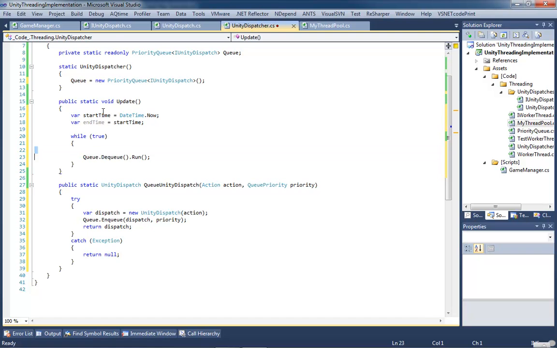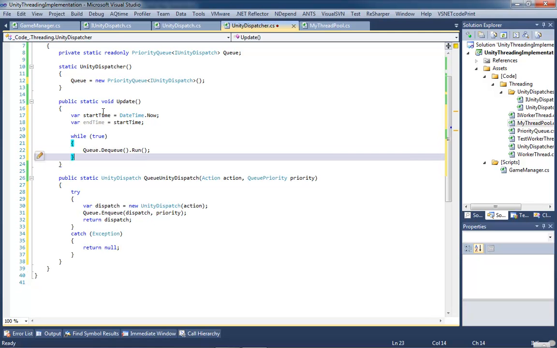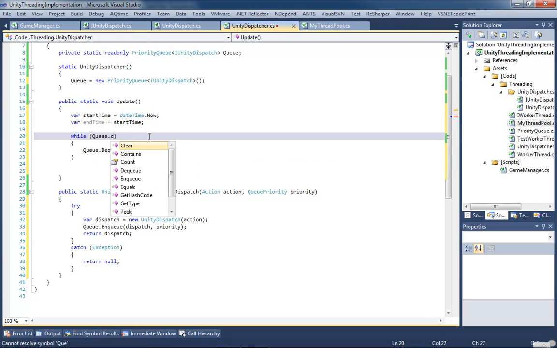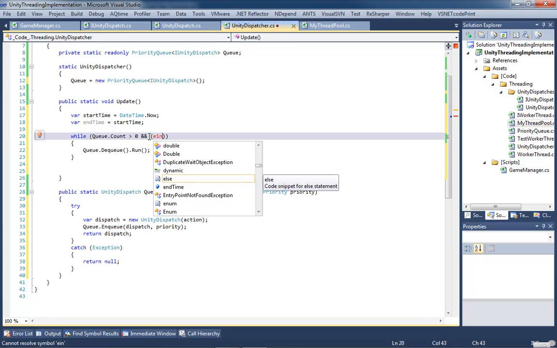In this case, if we were to run it now, it would continue to execute until everything in the queue was depleted, and then it would still try to execute, which is not a very good thing. So we need to modify our condition. We're going to say while queue.count is greater than 0. So that's the first obvious one. The only time you want to keep running through this loop is while we still have things in the queue to execute. And our end time